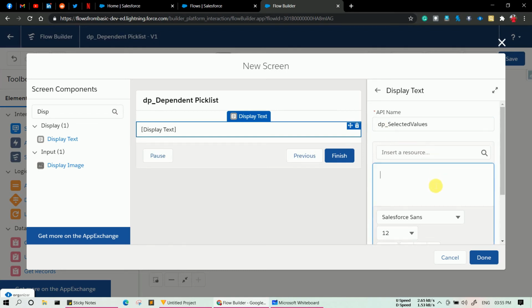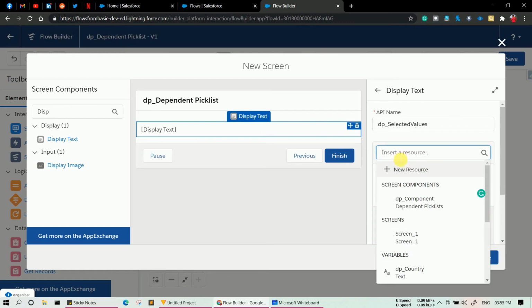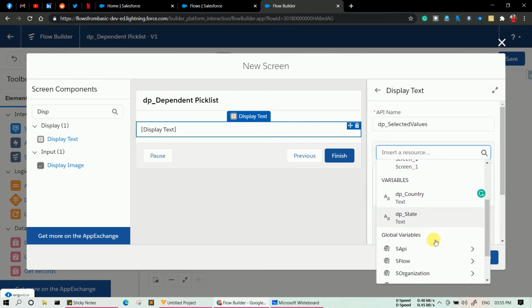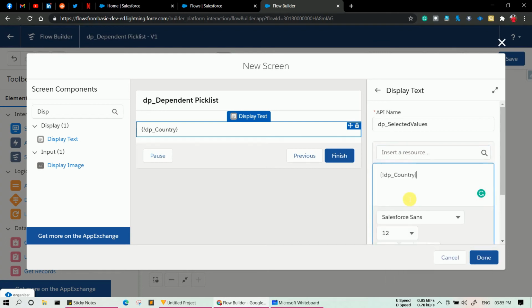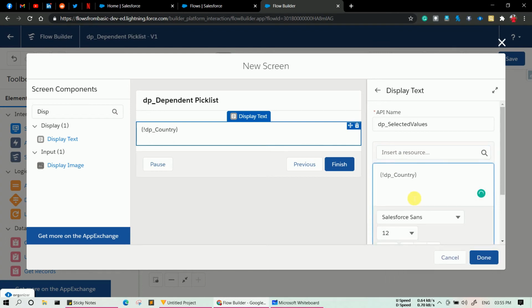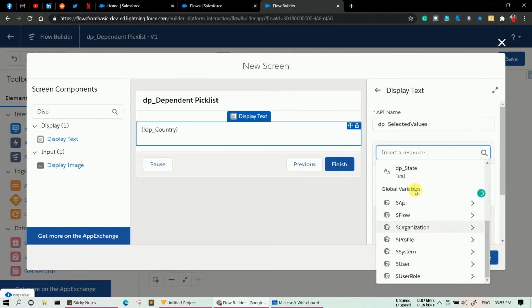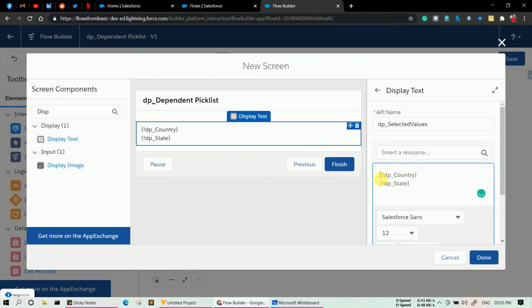And in the resource section, what you have to do is click on insert a resource and select your variables, which is DP country, and in the same manner DP state. Let's add a label to them, country and state. Make it a little prettier and click save. Click done.